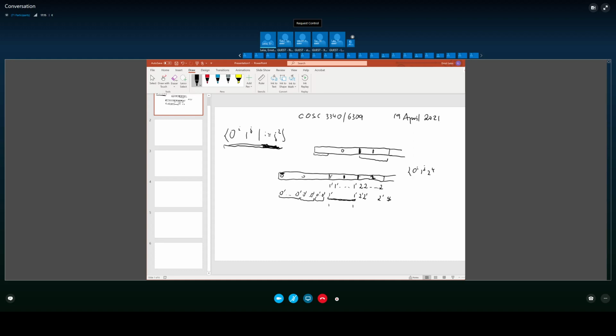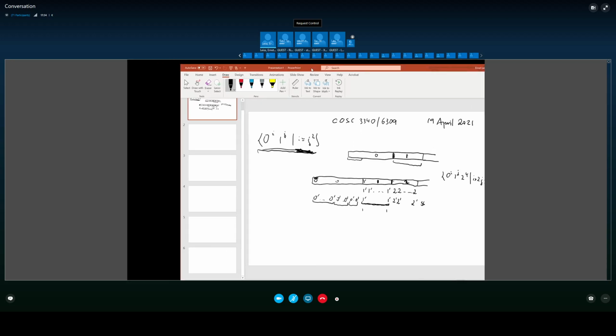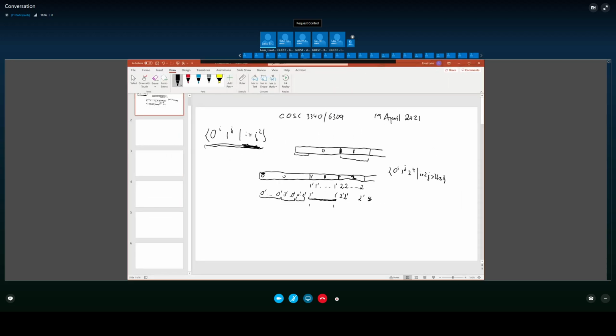So this is 0^i 1^j 2^k, and then the tricky thing is i greater than 2j greater than 3k, and that is greater or equal to 1. Now this is a little tricky, and obviously I don't plan on bringing this kind of question in the exam, because you really have to spend quite a bit of time figuring this out. But basically,